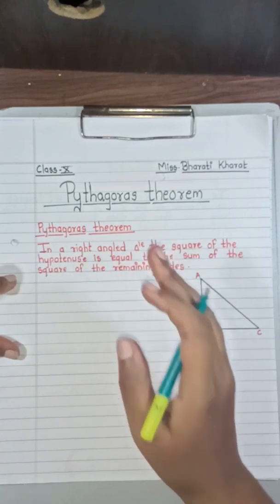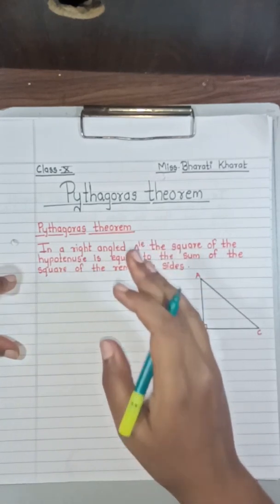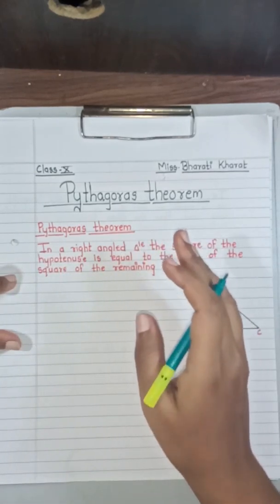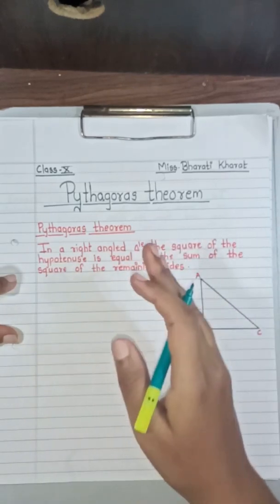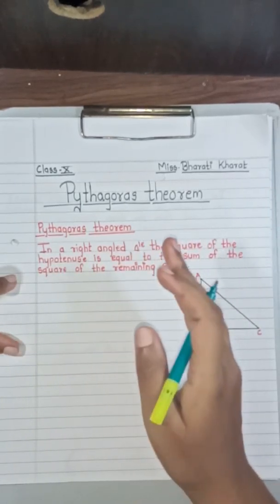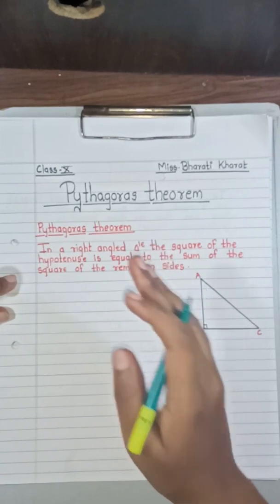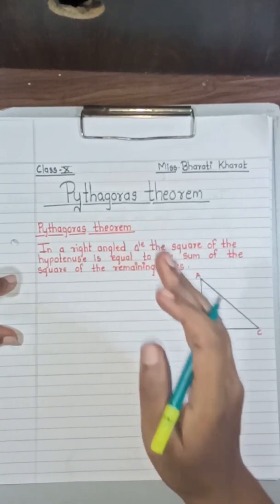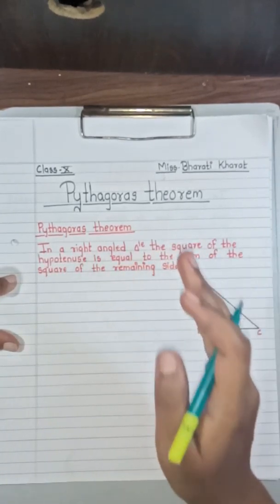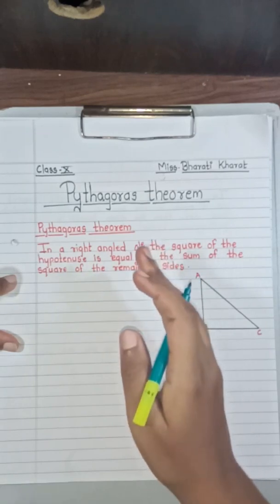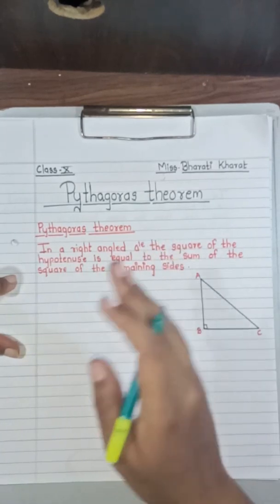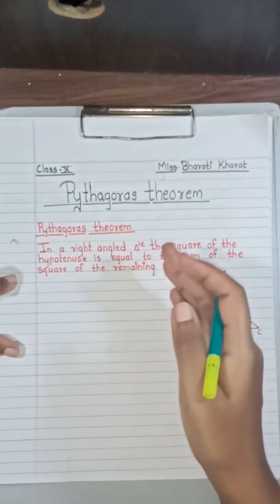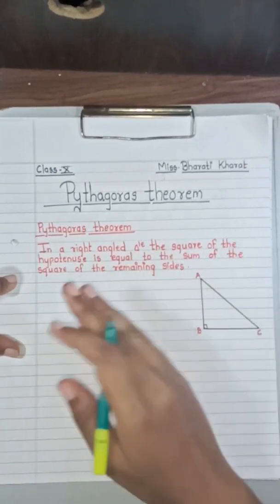Today we are going to study a very interesting and easy topic, that is Pythagoras theorem. You have also studied earlier about Pythagoras theorem, and today we are going to study this chapter based on it. If you see the previous syllabus of standard 10th, we had Pythagoras theorem and similarity of triangles together in one chapter, but in this new syllabus they have given these two chapters separately.